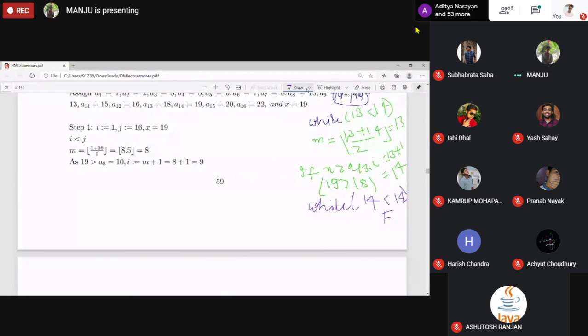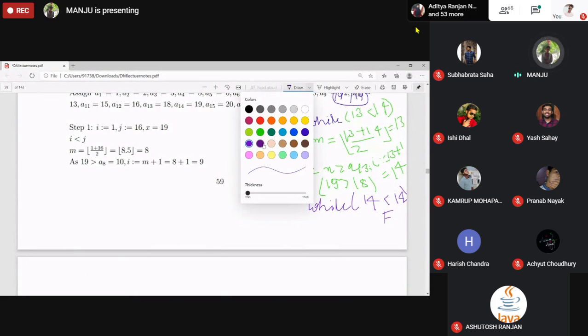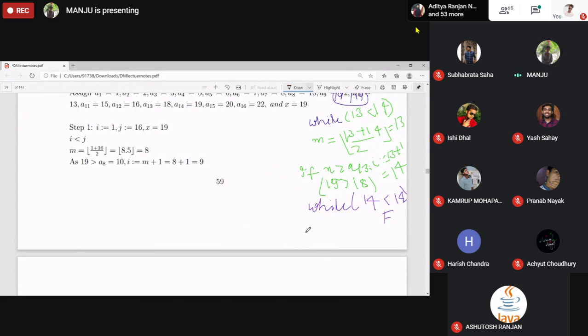So finally we got out of the while loop, and we check if x is equal to A[I]. I is 14. So A14, that is 19, is equal to 19. In this one, it is given as 19. So true. Yes, ma'am, it will give you the location as I. I is what? I is 14. So the location is, the answer to this question will be 14. Okay.